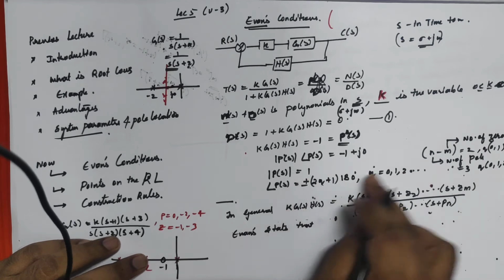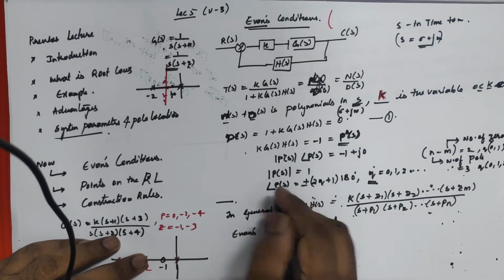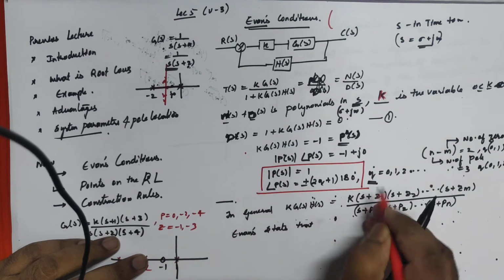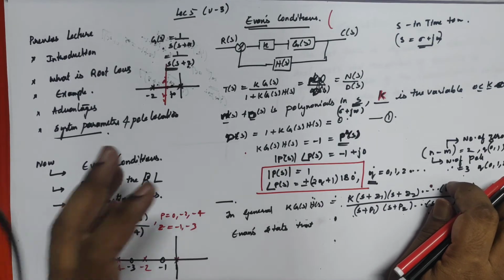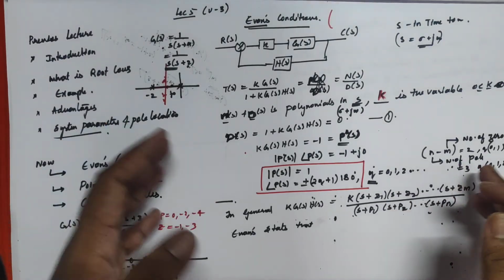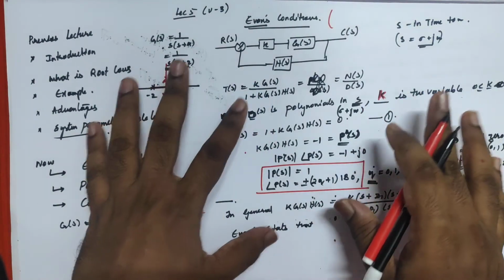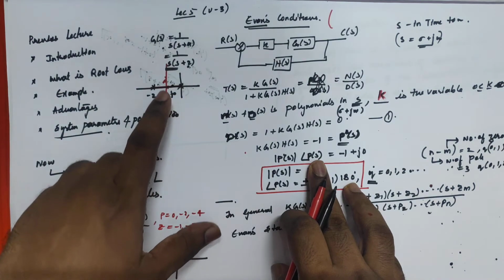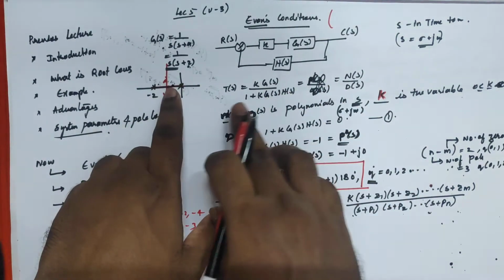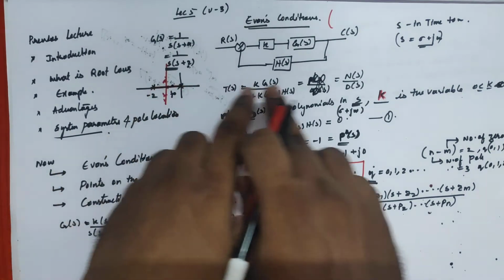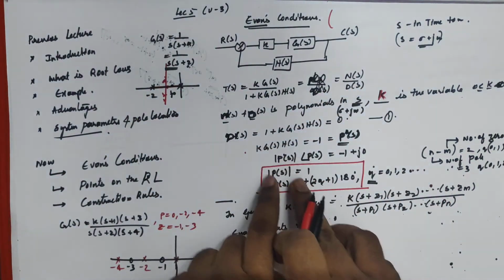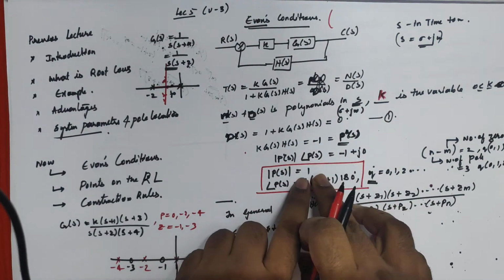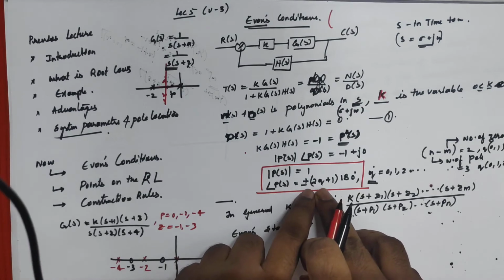You will understand this later. Keep this phase and magnitude in your mind so you will understand in the later part. These are all piecewise sections, so you have to correlate all these things piecewise. But up to here, what you will remember is that s0 is some complex number. If s0 is on the root locus, then if you substitute the s0 value in the function p of s, it should satisfy this condition.